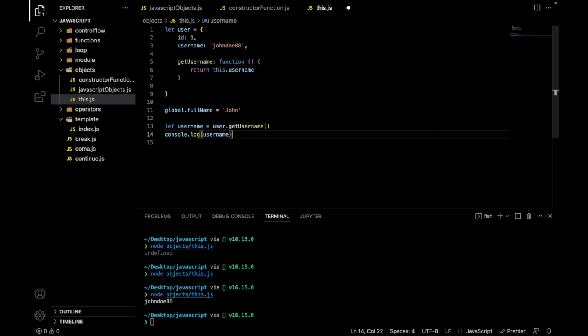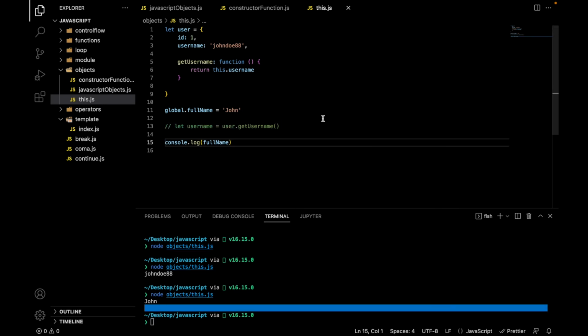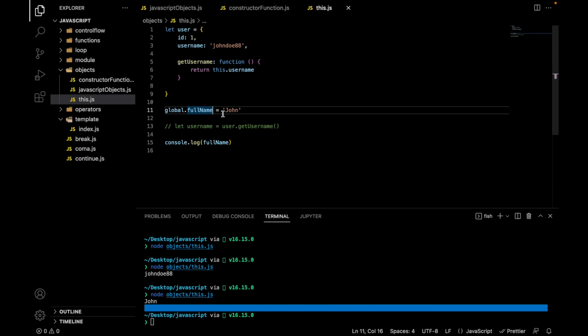Okay, so if I go ahead to console.log full name, let's see what we're going to have here. So John, okay, and that means by using global.fullname, I automatically set this as a global. And if I have this file imported into a different file,